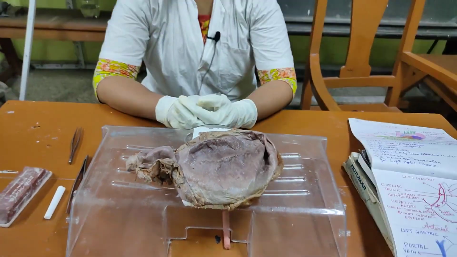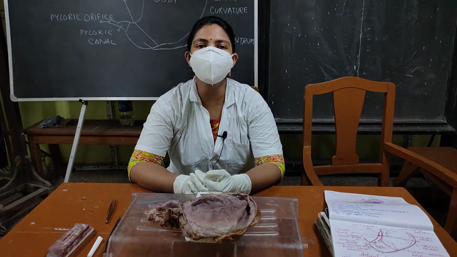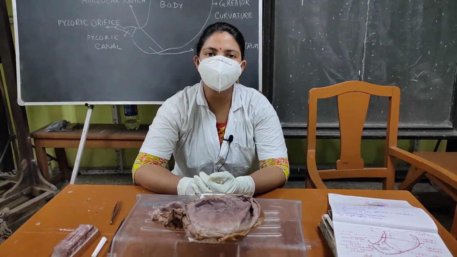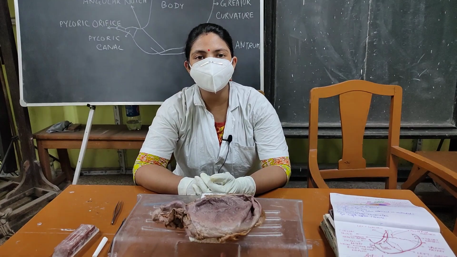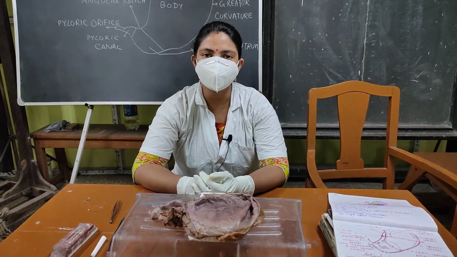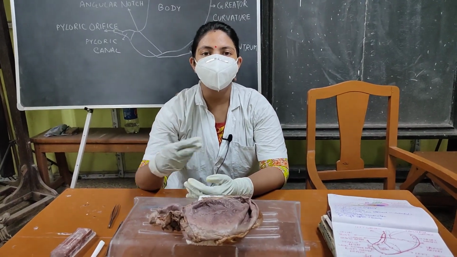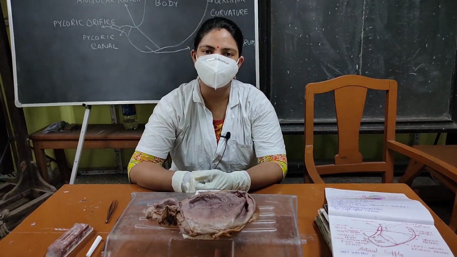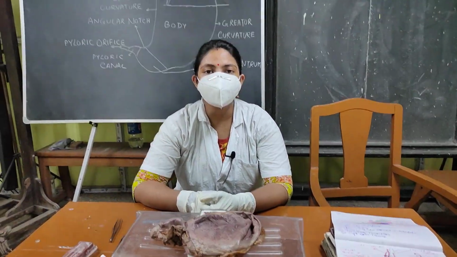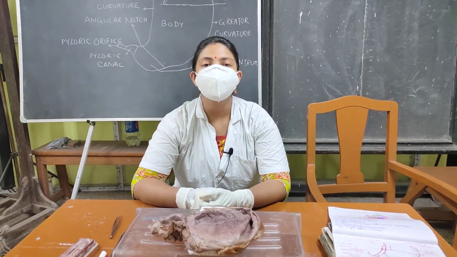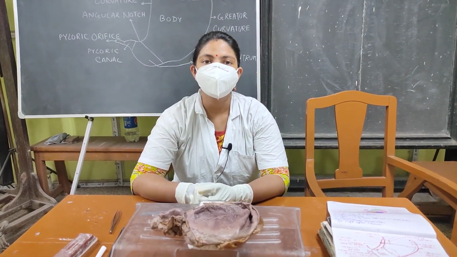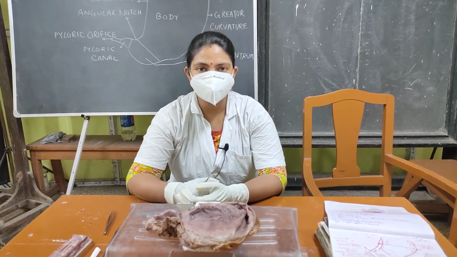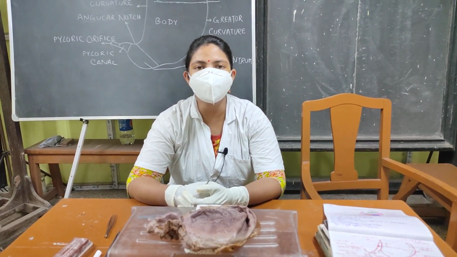What is the importance of the gastric canal? When we intake fluids, it directly passes from the lower end of the esophagus to the lower part of the stomach through the gastric canal, and after that it gets distributed to the other parts of the stomach. But if we intake some irritant fluid, it will directly cause injury to the gastric canal wall, leading to the formation of peptic ulcer.